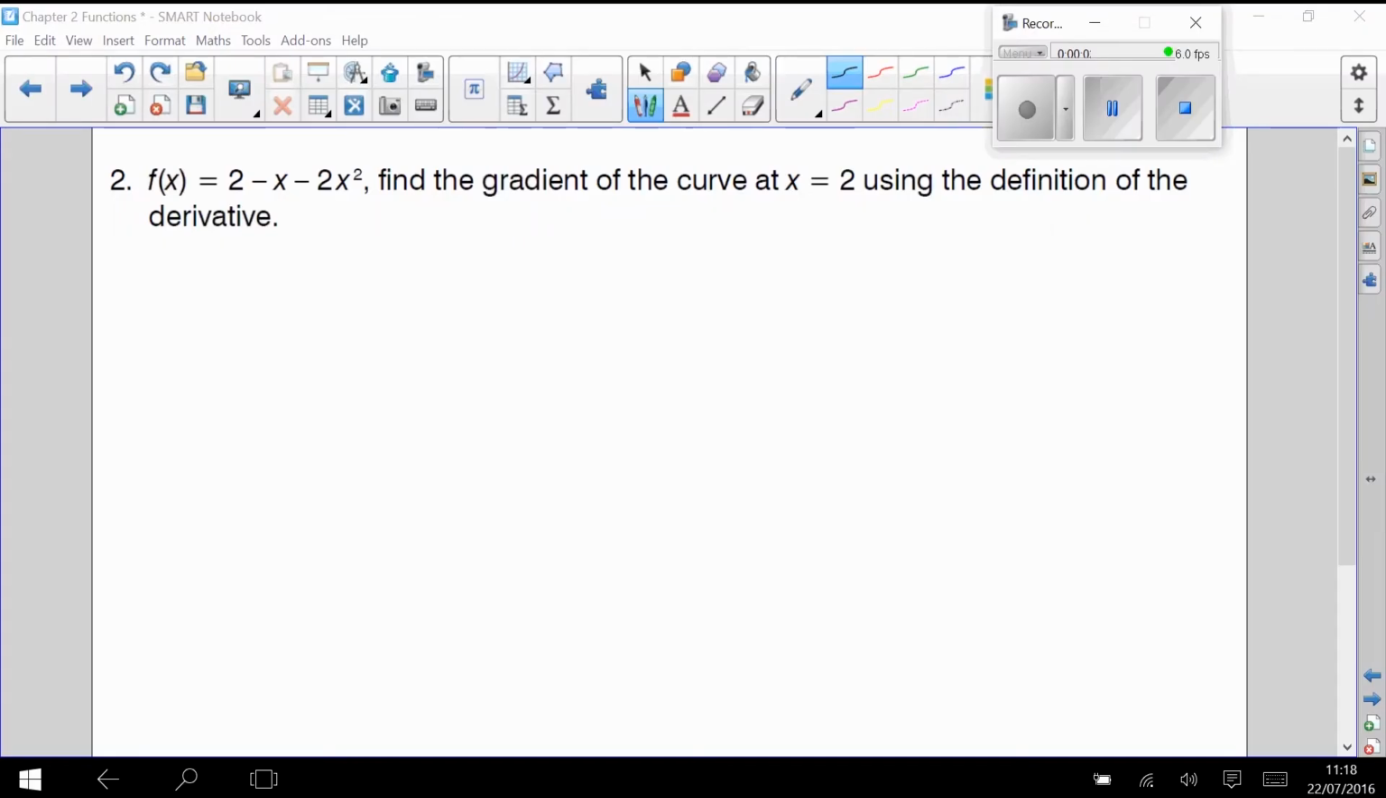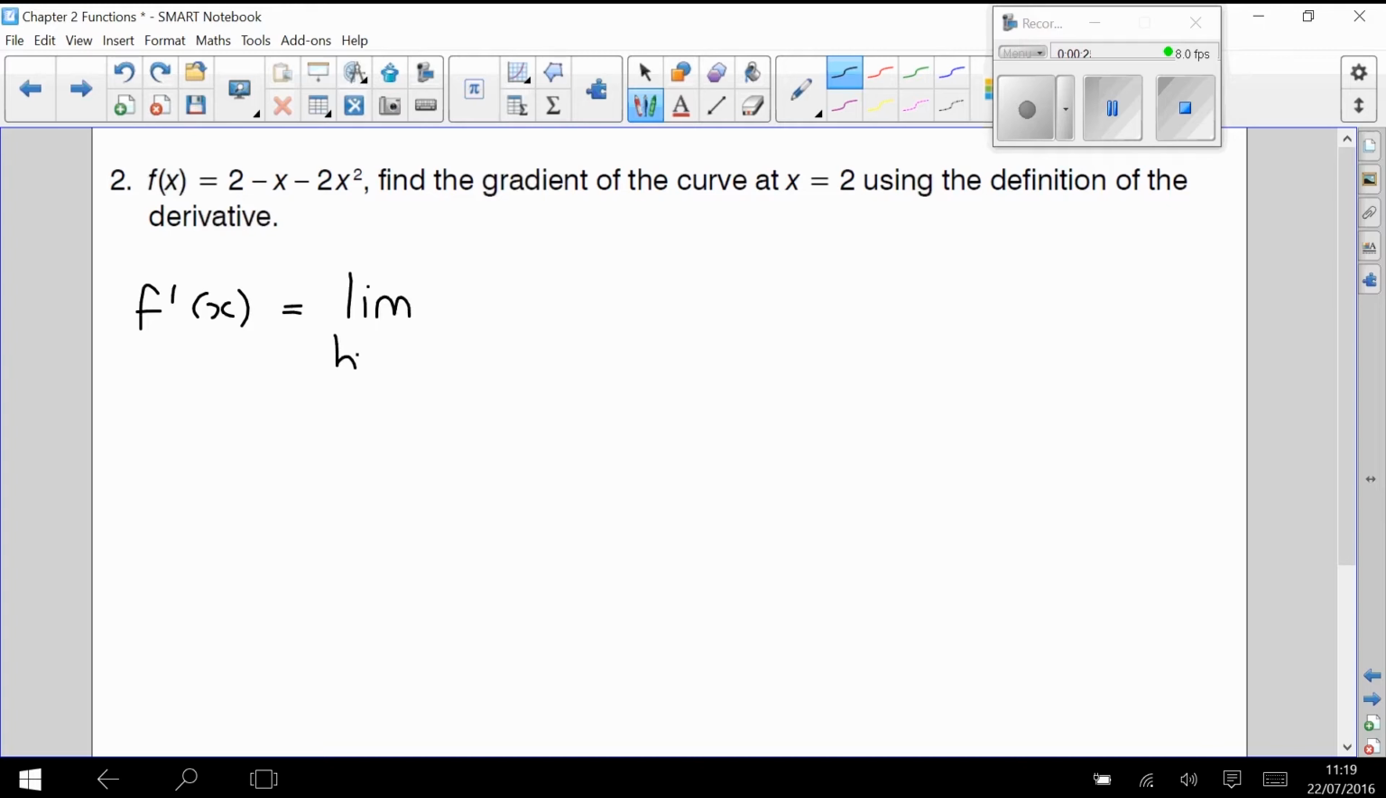Once again, I know that I want to find the derivative of this function f of x, because they asked me to find the gradient exactly when x is 2, so that is at a specific point. We're going to once again use the definition. The definition to find the gradient at a specific point is using the derivative, and that means that I need